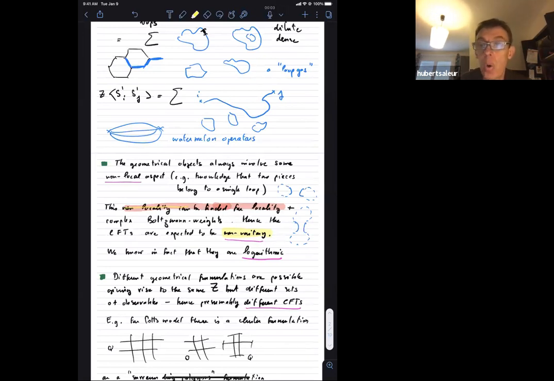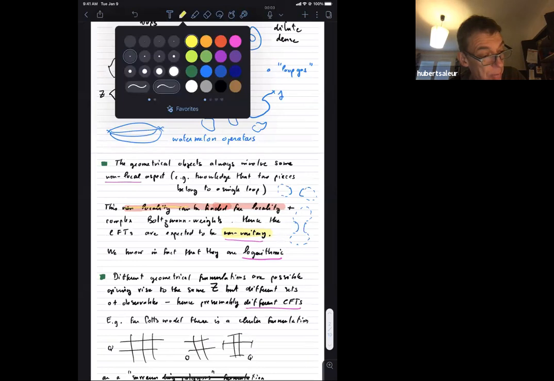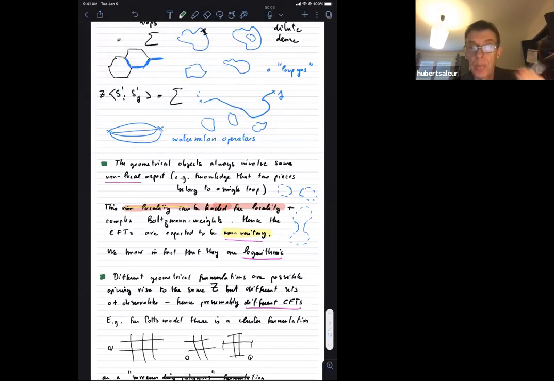For instance, in the O(n) model at n equals 0, all the physics is contained in states whose norm square is equal to 0. And yet we want to study these states. So we have to invent other metrics that are not positive definite in order to give a meaning to the models. More recently, it's been something that was suspected for ages, but it's been established in a very solid way